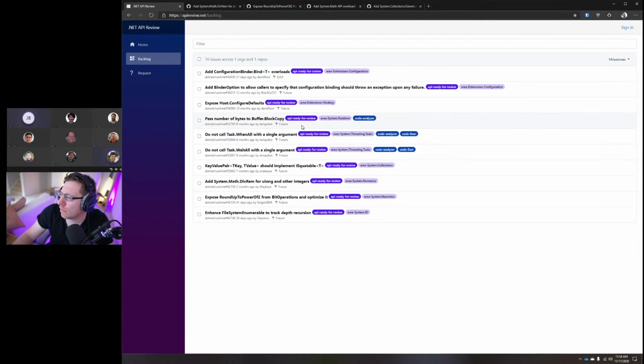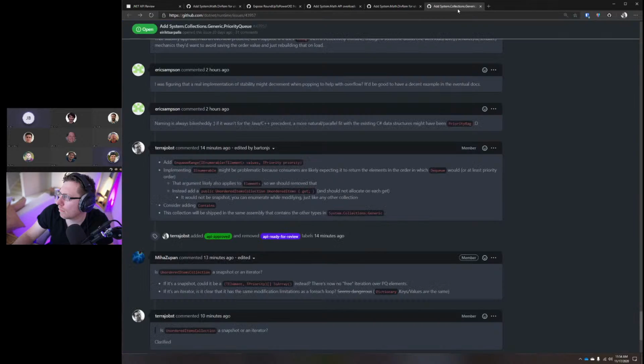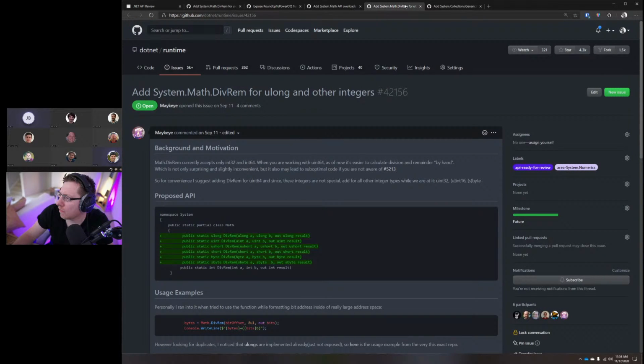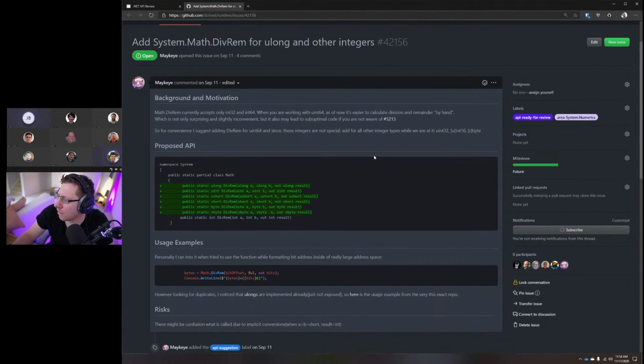We don't expose divrem for any of the unsigned types. And it covers the value tuple pattern, which is the thing that's better for code gen, and maybe we should just expose all of them like that moving forward. Sorry, that was 42156. Yeah, the one that you're on.